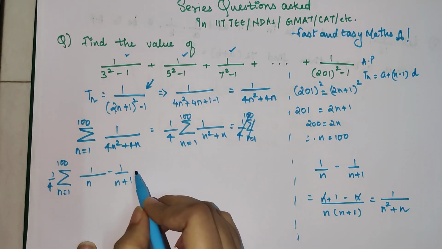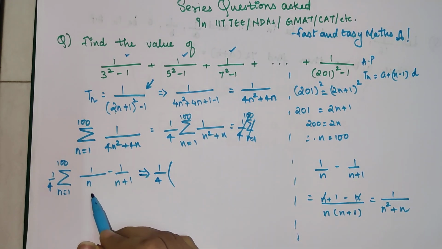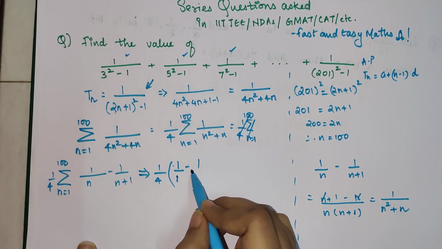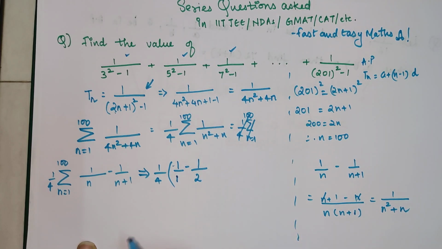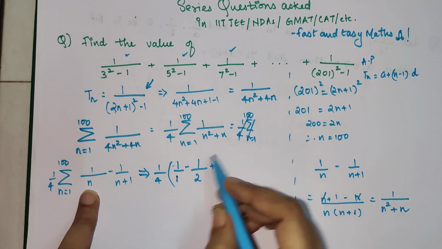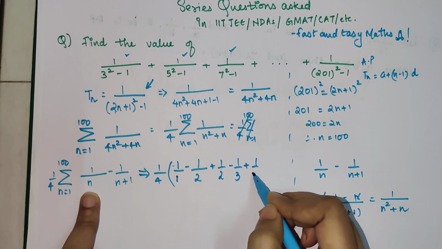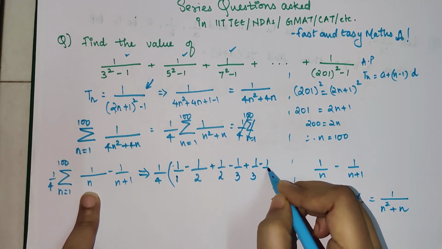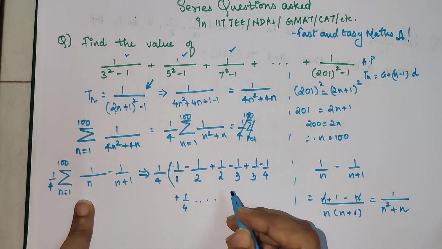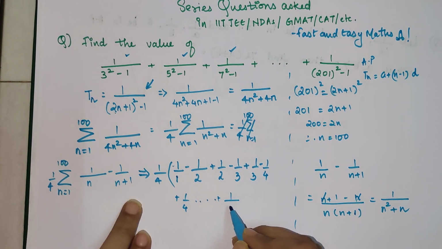Put the values of n. You don't need to do it for all of them. You will get to know what I'm trying to do over here. See, when you put n as 1, we have 1 upon 1 minus 1 upon 1 plus 1, which is 2. If you put the value of n as 2, we have plus 1 upon 2 minus 1 upon 3. Then we'll have plus 1 upon 3 minus 1 upon 4, plus 1 upon 4, which will go up to, let's say, plus 1 upon 100,